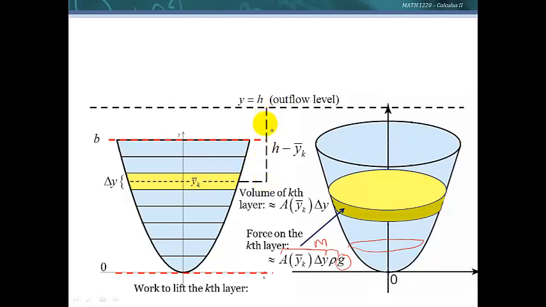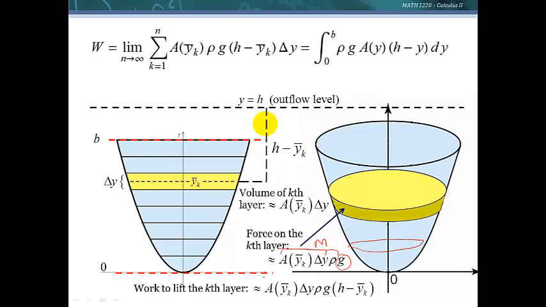You can see we could do that for each representative y bar sub k. H minus that would leave us the distance left. So the work is going to be this force multiplied by this distance. Now, of course, we're going to take all of the different layers and add them all up, and then we're going to let the number of layers approach infinity, and the limit as n approaches infinity of this would give us the integral. So we're going to integrate from 0 to b,